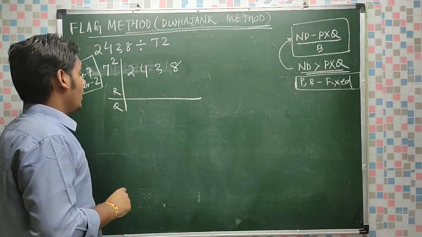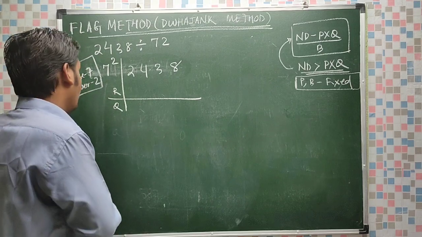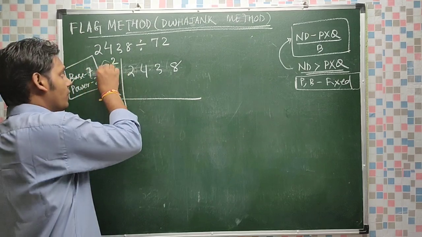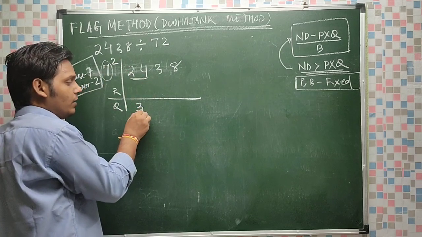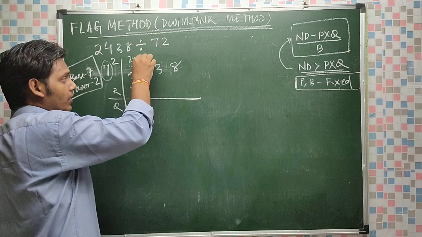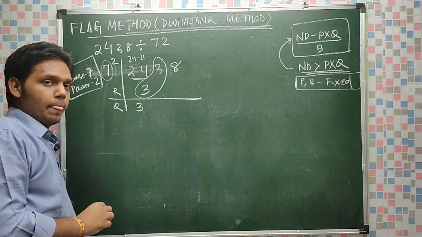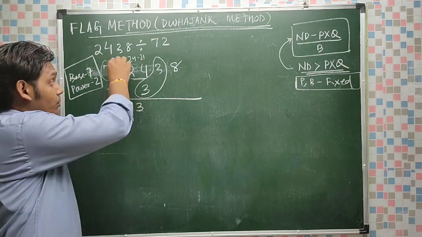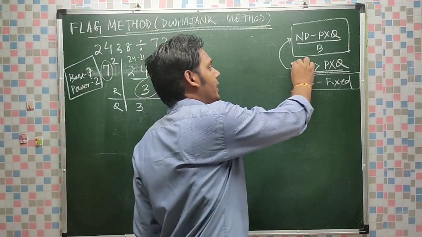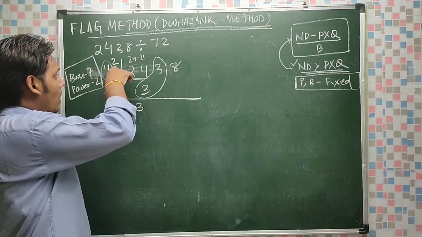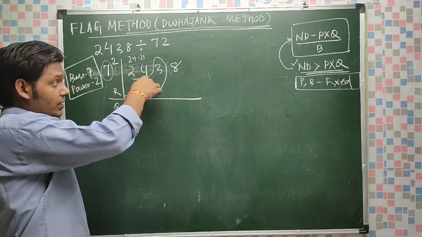Okay. So now what do I have to do? I have to divide with 7 first. First take 24. 7 3s I can take. 7 3s are 21. So 24 minus 21 is 3. The new dividend is 33. But we have to check: 2 3s are 6. 6 is less than 33. So the condition is satisfied. The new dividend must be greater than the product of power and quotient. 2 into 3 is 6, and 6 is less than 33, which is the new dividend.